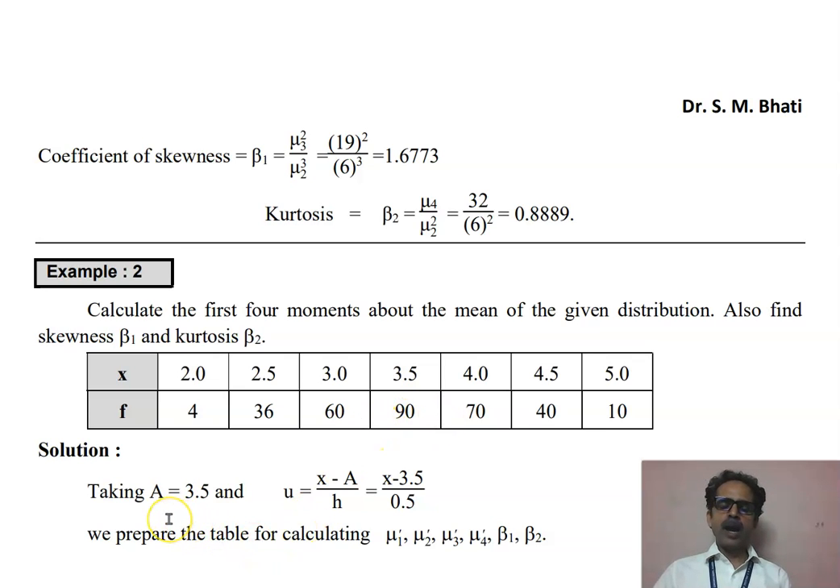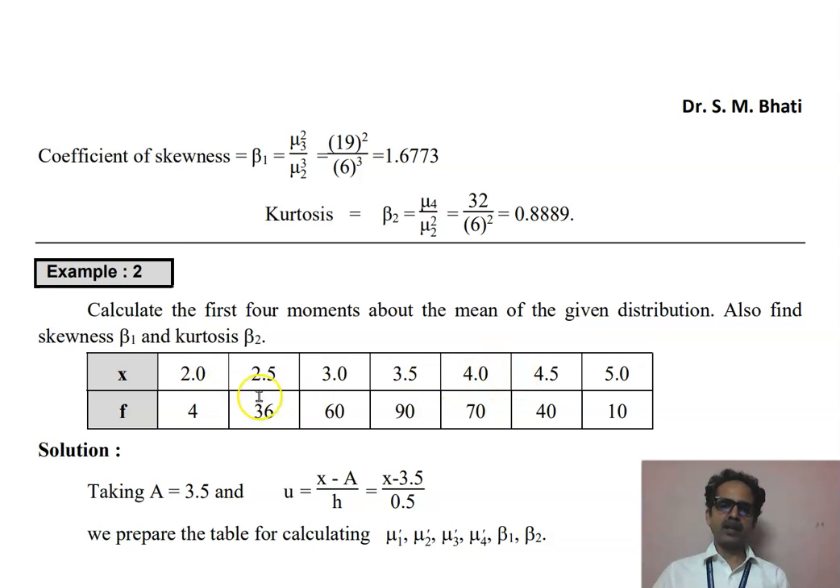So we take A as an assumed mean. We take A as 3.5, right? We take A as 3.5 and we have the formula u equal to x minus A upon h. So x we keep as it is, A is what we have taken, 3.5, and h stands for the width of the class, or the difference between